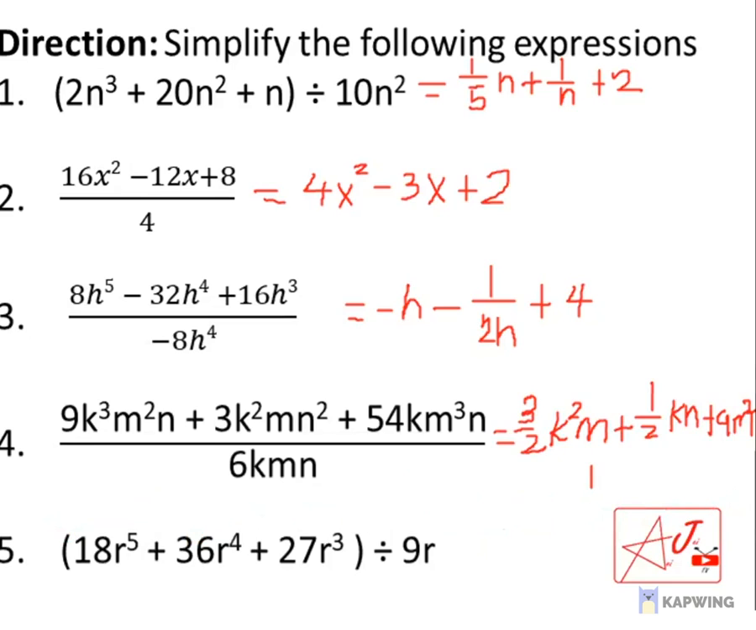And for number 5, 18 divided by 9 ay 2. Yan, 5 minus 1 is 4. So, 2r to the 4th power. And then, positive, positive, positive pa rin. 36 divided by 9 is 4. And then, 4 minus 1 is 3. Yan, positive divided by positive, positive pa rin. 27 divided by 9 is 3. And then, 3 minus 1 is 2. So, ito ay madali. So, ang ating final answer sa isang to ay